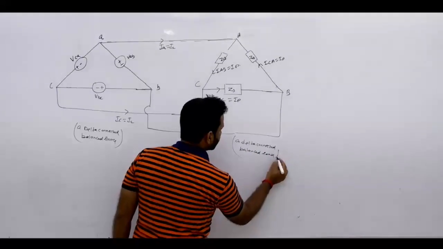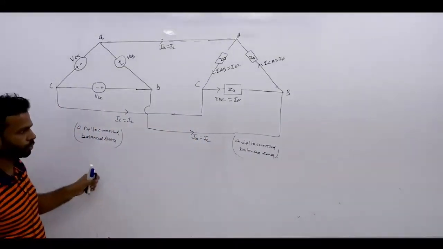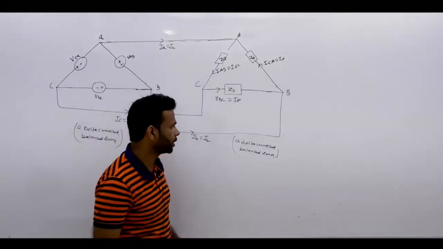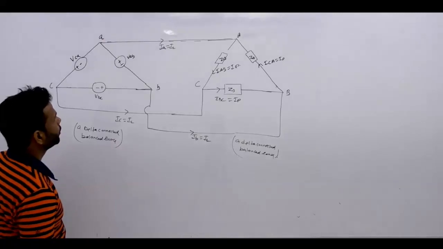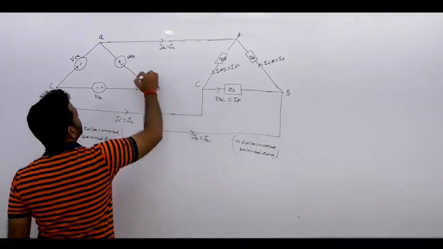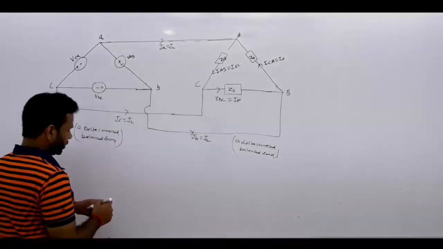ठीक है ना यहाँ तक? So on the left hand side we take a delta connected balanced source, on the right hand side I take a delta connected balanced load. Now if you apply your KVL to this side, then you see,